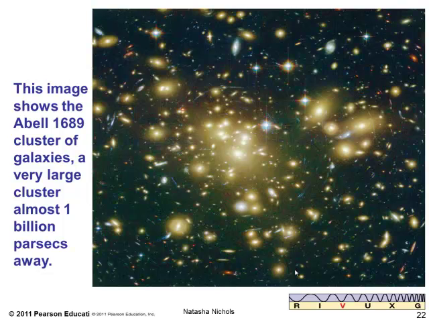Here we have the galaxy cluster Abell 1689, which contains huge numbers of galaxies and resides about 1 billion parsecs from the Earth. Virtually every patch of light in this photograph is a separate galaxy. Thanks to the high resolution of the optics on board the Hubble Space Telescope, we can now discern, even at this great distance, spiral structure in some of the galaxies. We also see many galaxies colliding, some tearing matter from one another, and others merging into single systems.